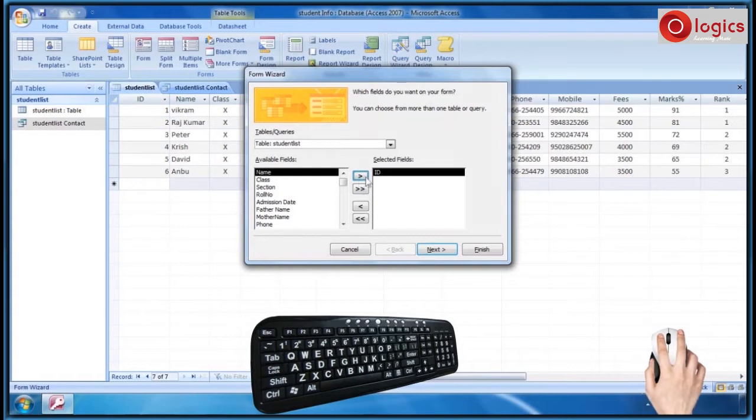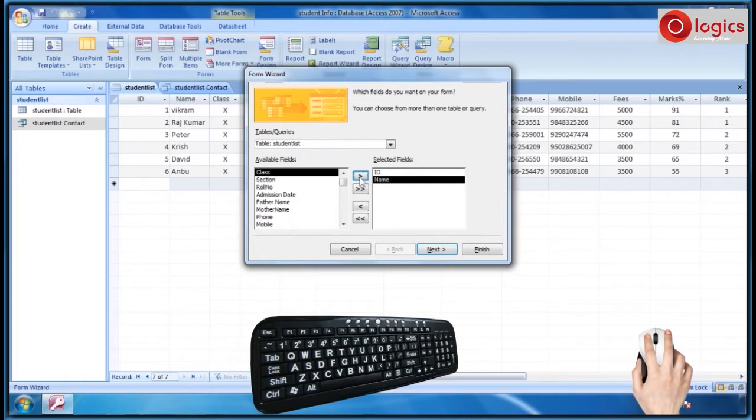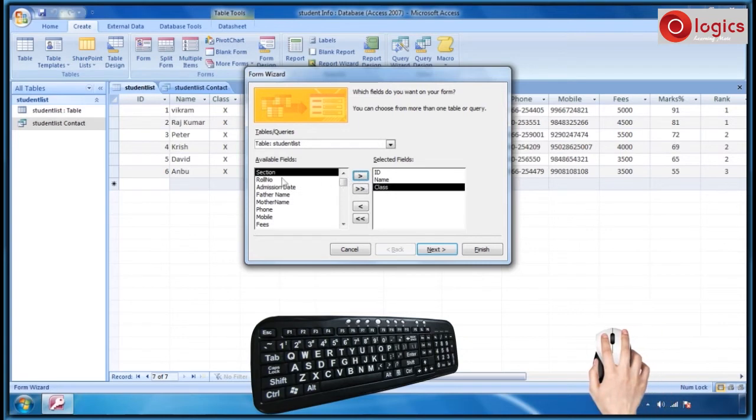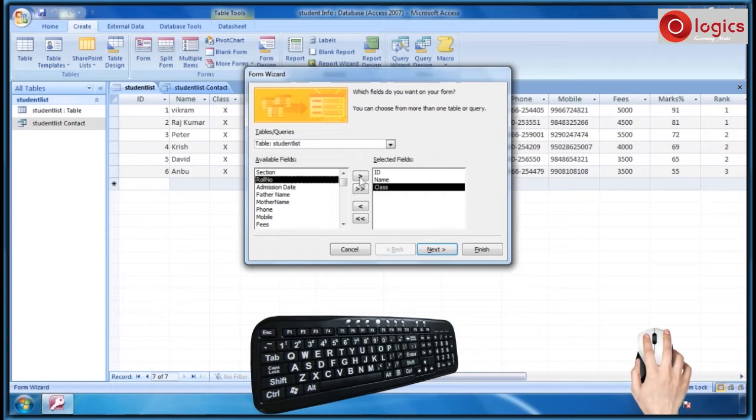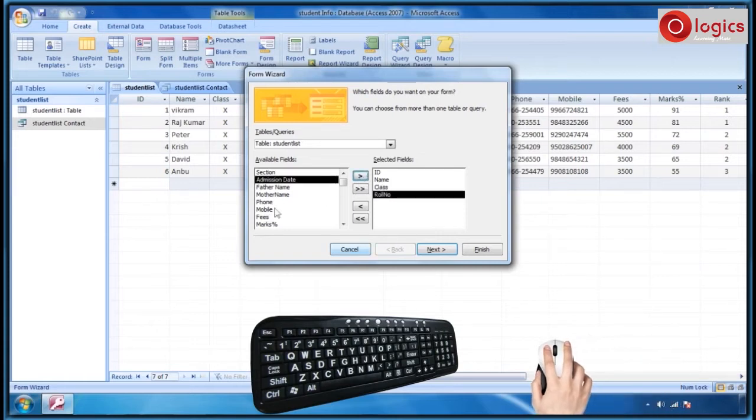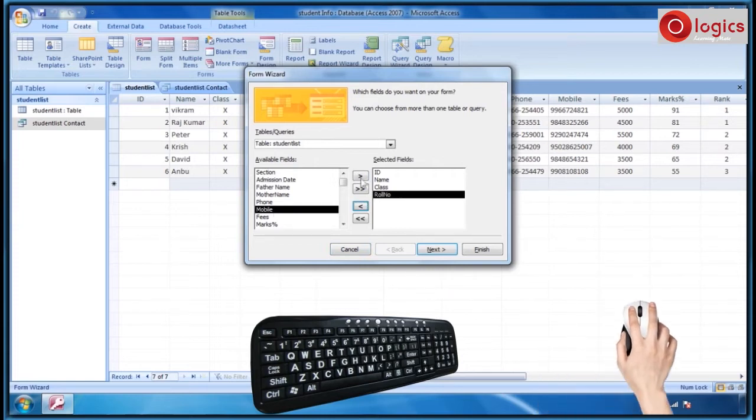Name, class, then I would like to choose roll number. After the selection is completed, click on the Next button.